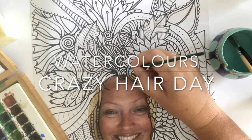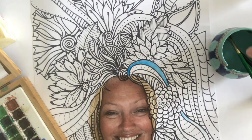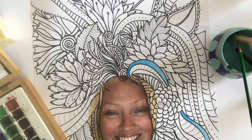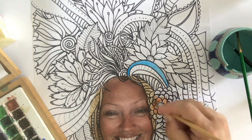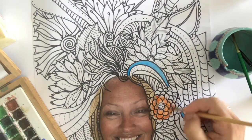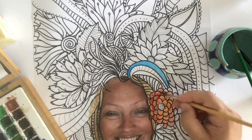Welcome back to our watercolours on our crazy hair day pictures. We drew these out last week around our own portraits, and we have got a set of watercolours here and a little pot of water, and I've got a few different brushes. And I'm just going to chat while you watch me paint and give you a few ideas about different ways